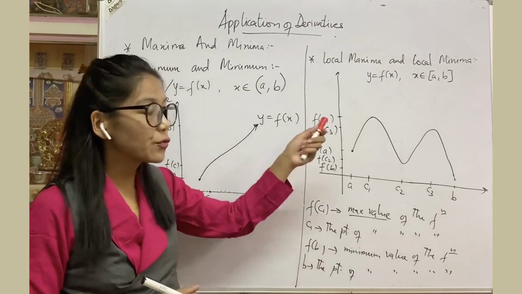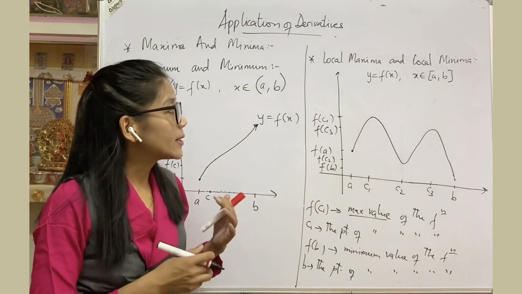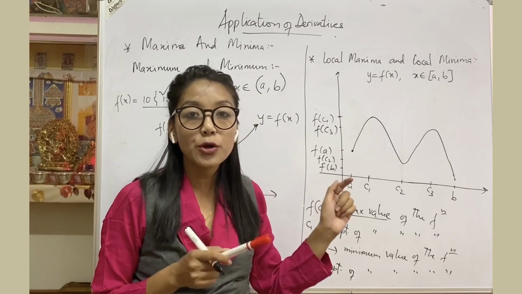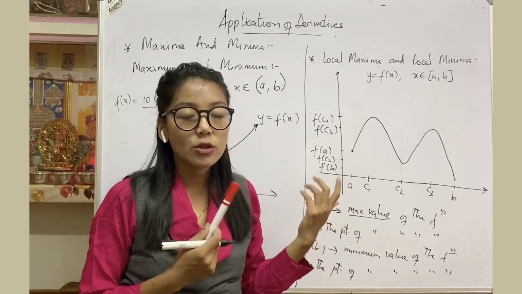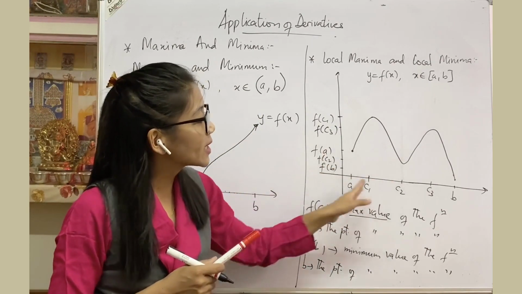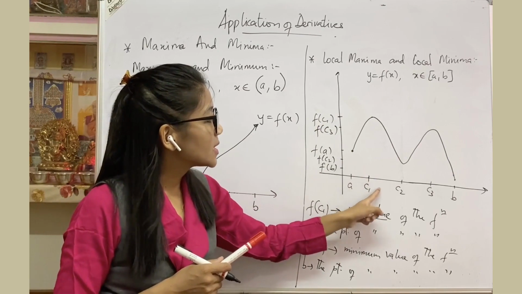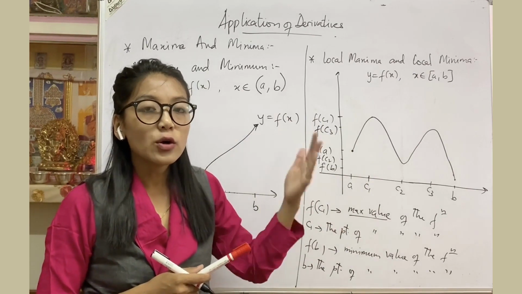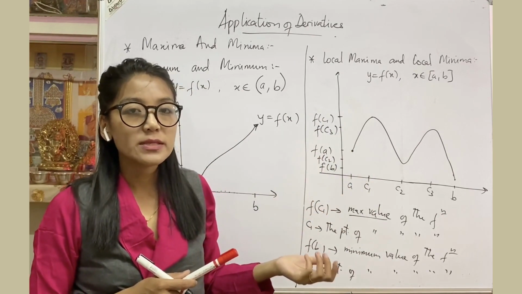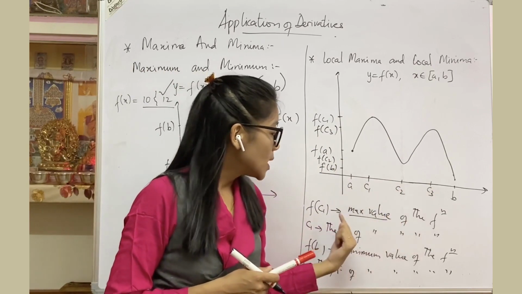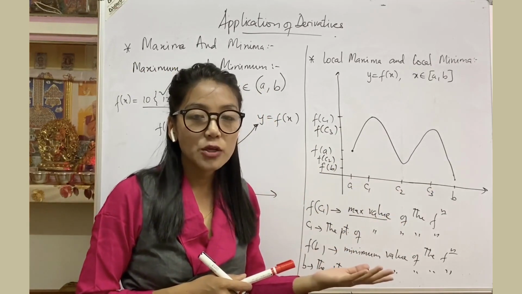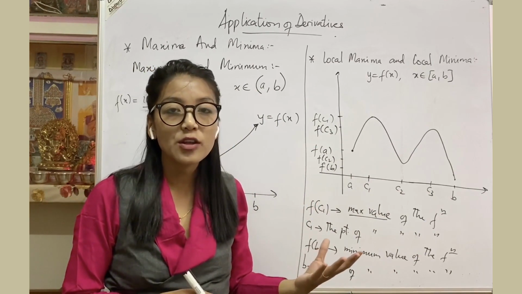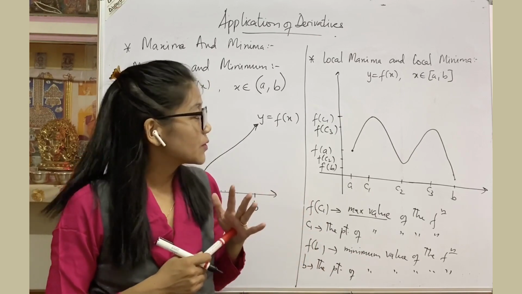So this thing you have to remember, and from this you can know that not necessarily always will the function have its maximum and minimum value at the extreme points. It does not happen every time, right? So this is one example where you can see that the function is attaining its maximum value at c1, which is not an extreme point. So this can also happen. So depending on the graph, you can see what is the maximum value and what is the minimum value of the function. In this way you can define the maximum value of the function, the minimum value of the function, the point of maximum value, and the point of minimum value, right?